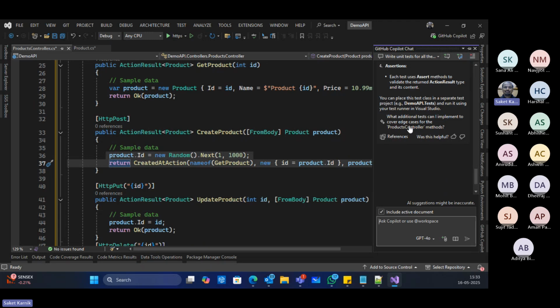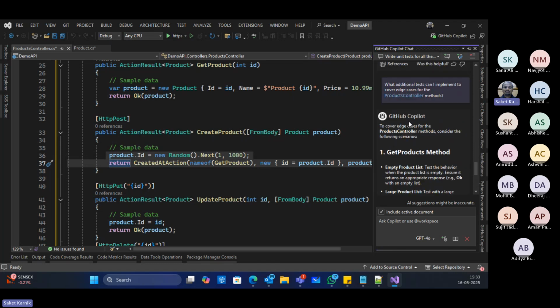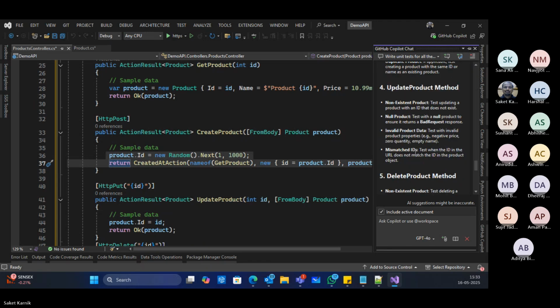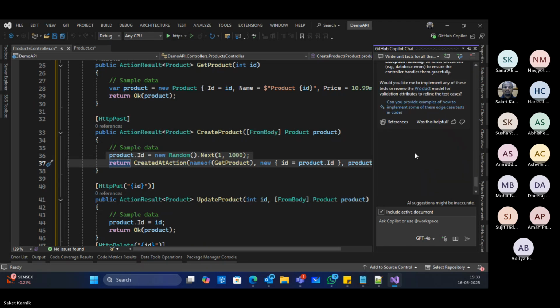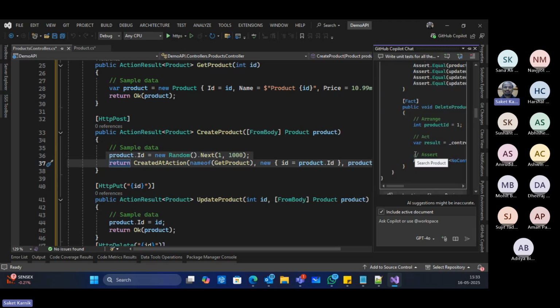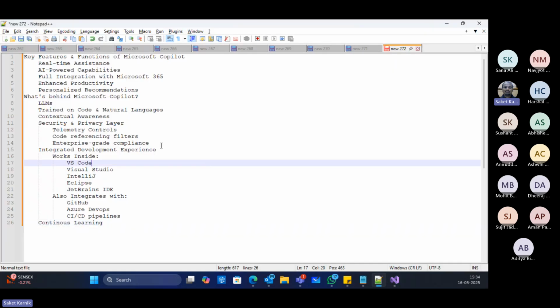Now see, how do I cover the edge cases? Many of us here probably may not know what edge cases are also. No worries. If known, good. If not, that is also good. GitHub Copilot is there for your help, right? All guidance, all help is there. That's why I also mentioned this point here.